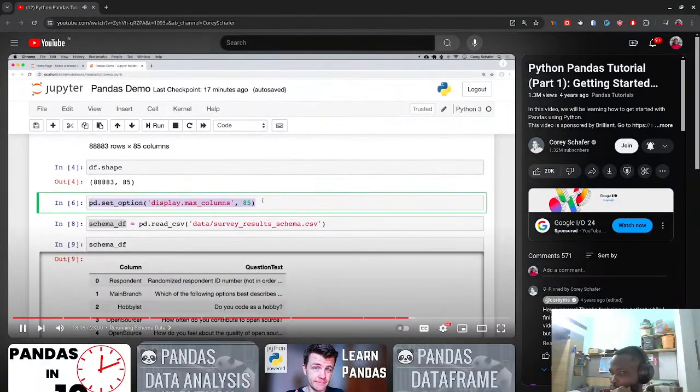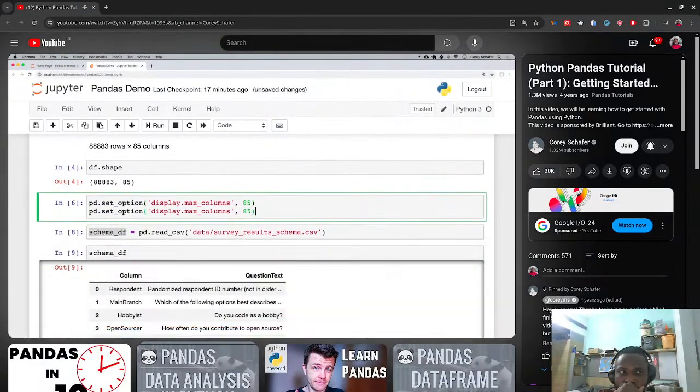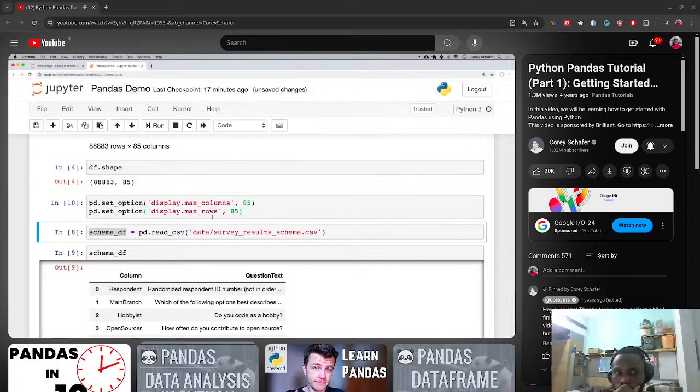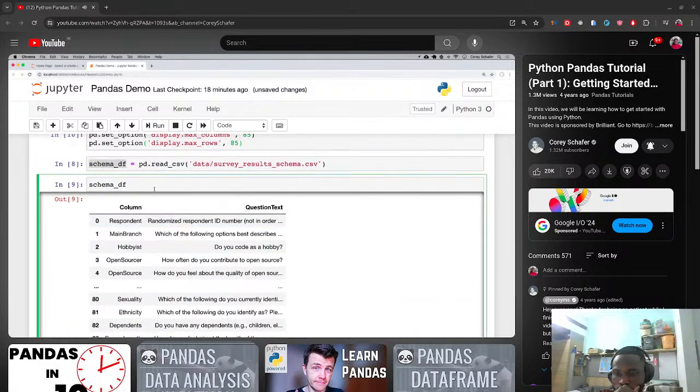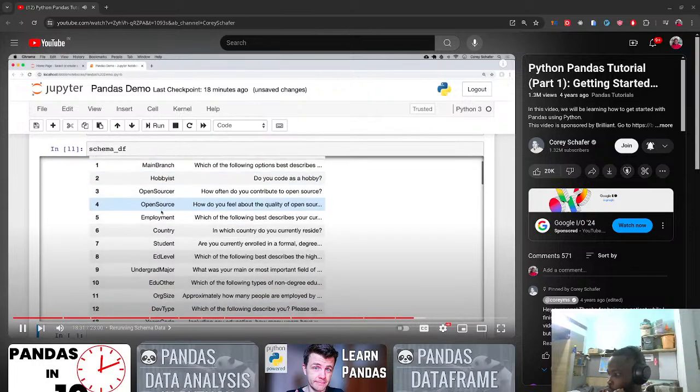Rows, and then reprint this so that we can see all of these. So back in the same cell where we set our max columns, welcome to the 16 columns. Now let's also add one for rows as well. So I'm just going to copy and paste that, but instead of max columns here, I'm going to have this be max rows, and I will run that. And now we will rerun this schema here, and now we can see that